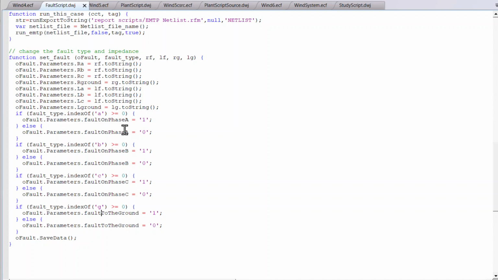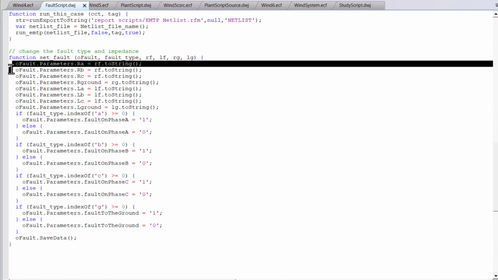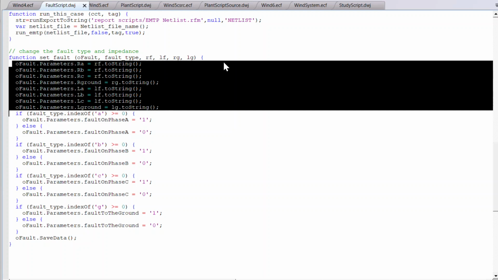I'm going to set the checkbox where the fault involves phase A, phase B, phase C here, or the ground. And then I also set the resistance and the inductance in each of the phases and ground to those parameters. So each phase inductance is going to be the same in the fault. Each phase resistance is going to be the same in the fault, but there are a lot of other parameters